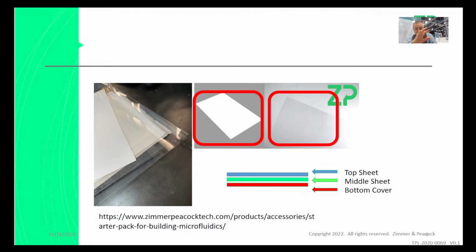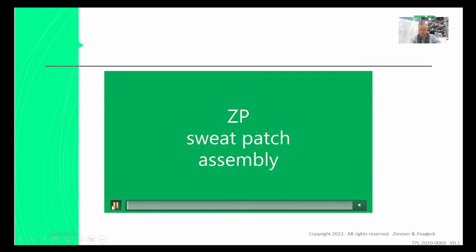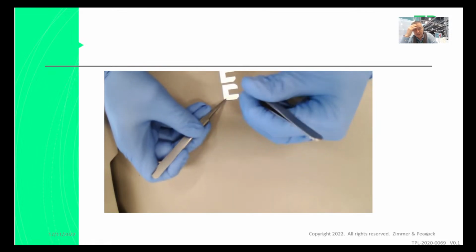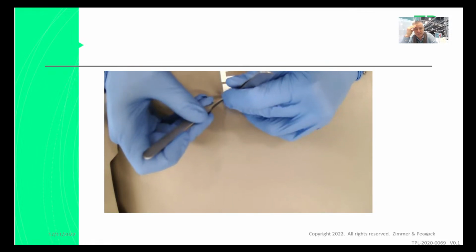So it's double-sided. The person who bought this kit and was inquiring about this has already realized this, but actually you can peel off the top sheet and the bottom sheet, and you can essentially stick it all together that way. I have a bit of a video on this. We do have something called the sweat patch, and the sweat patch illustrates this quite nicely. It's something we've pre-designed, essentially pre-cut, and it's made from the same materials.